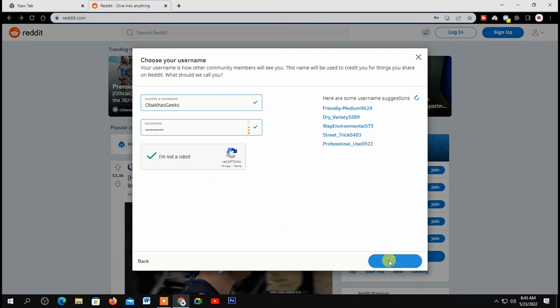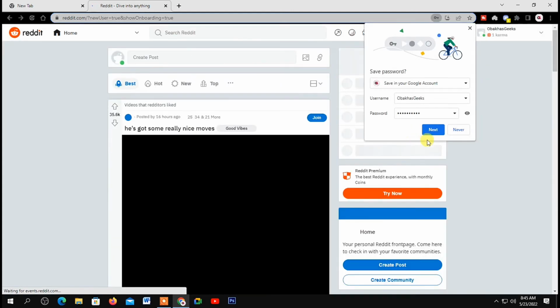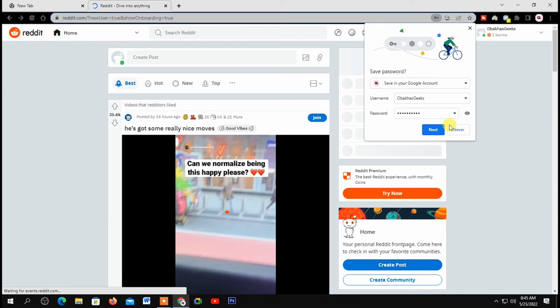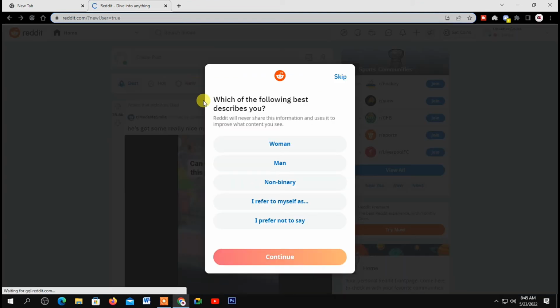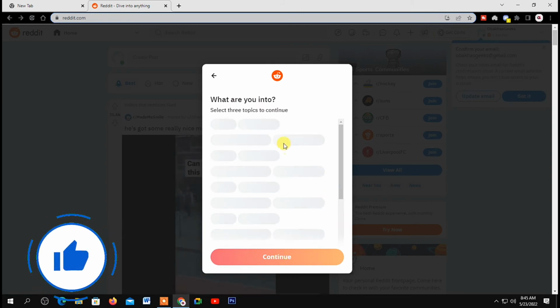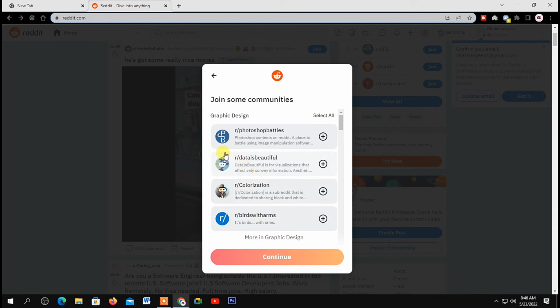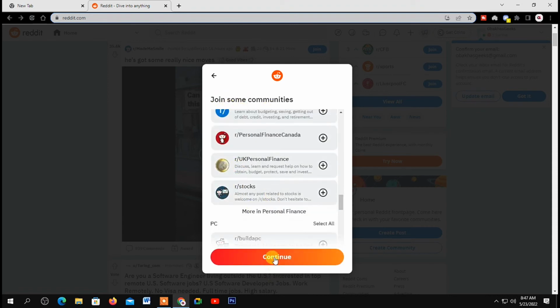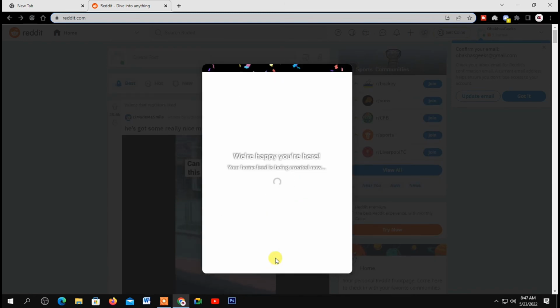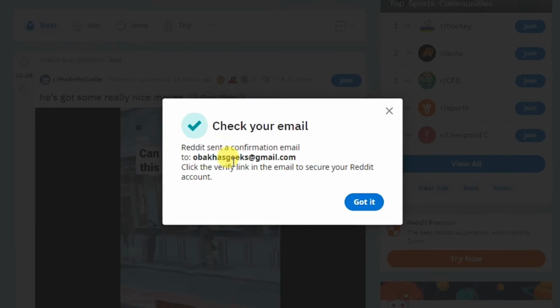But there are still a few steps to complete the account setup process. Now you need to follow this prompt or skip if you are not interested in filling them. Like first you have to select your gender. Then once you're done, choose the topics you're interested in, and next here you can join communities that are related to the topics you selected. So after that, style your avatar or profile icon, and once you're done, now the final step is to